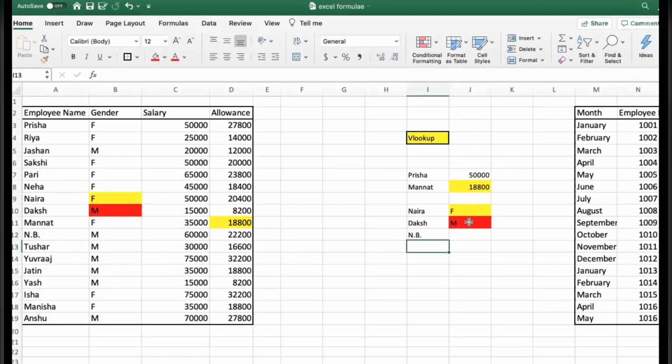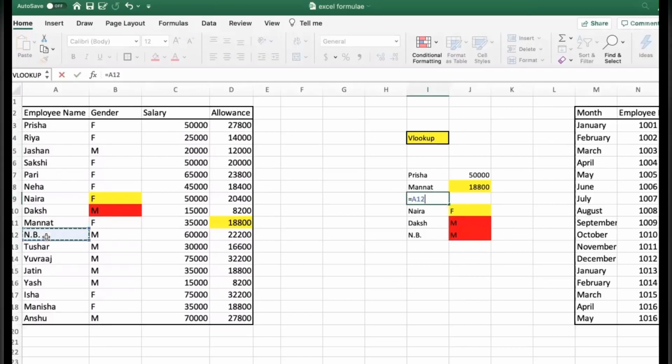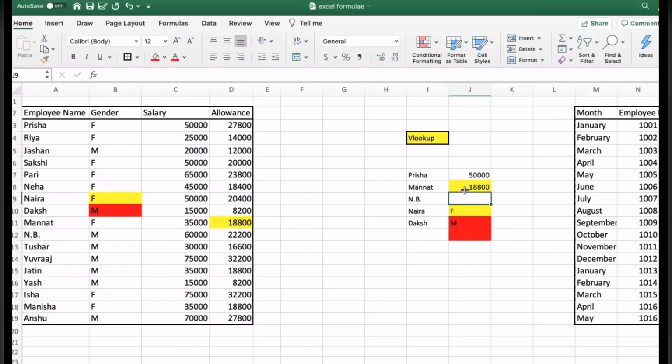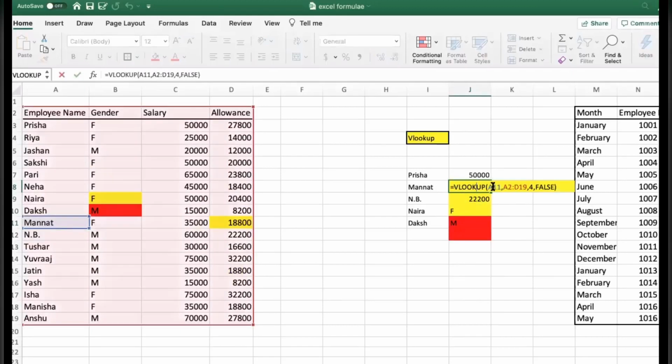Okay, now I will try one more time, that is NB. So I will drag the formula and it's showing male. I will try with the next one, that is NB, and then I will do it over here. I will drag the formula from here. So you can see here it's showing the same value. The reason is that, look guys, here I'm changing the value because I am asking for Mannat, and this one is my table, and this one is my column, this one is my false.